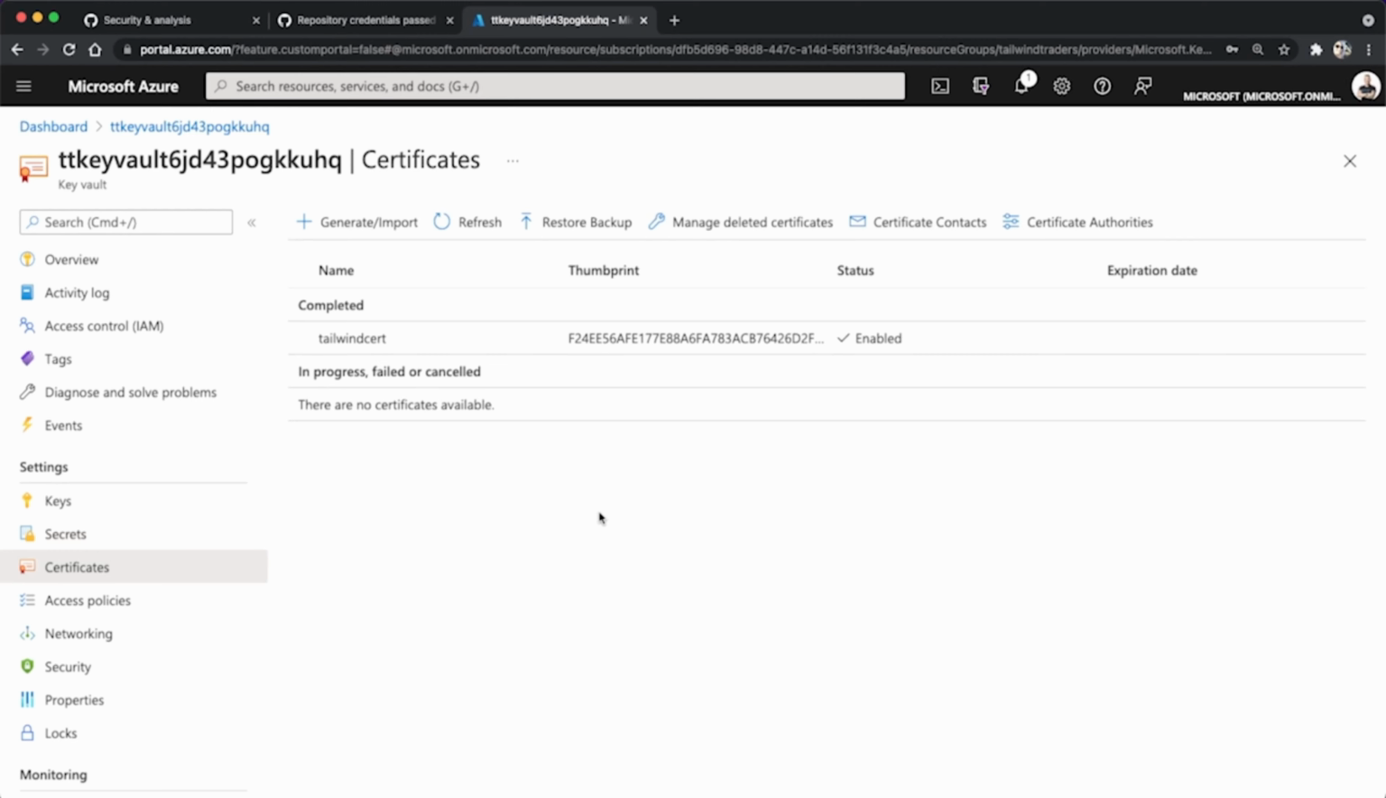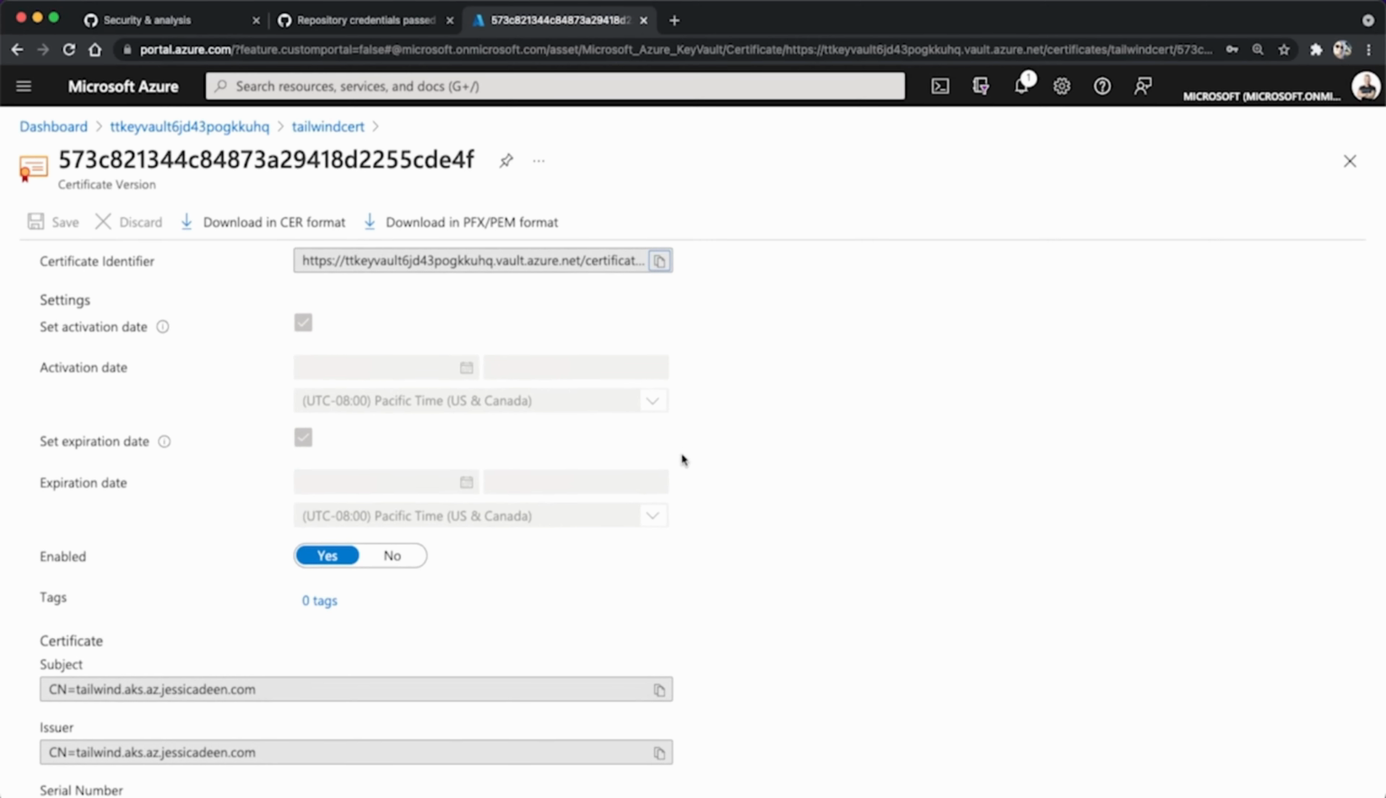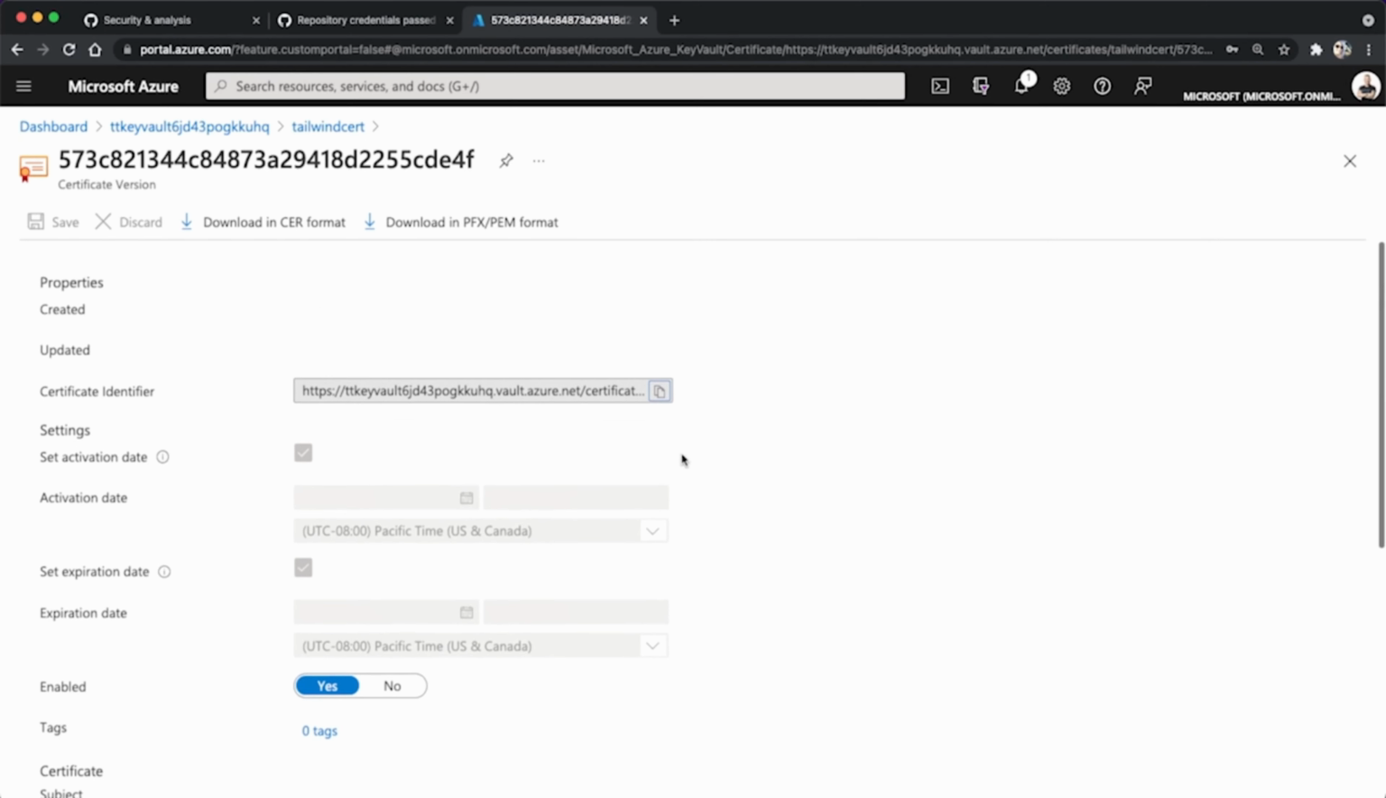Finally, let's look at certificates. Again, like keys, you can generate new or import existing certificates. Here's a cert we have for Tailwind Traders, where you can see the same activation and expiration settings we saw in keys and secrets, the same control to enable or disable the certificate, and the identifier we can use within our application. This is very important for security for all applications, but in the case of Tailwind Traders, we found this